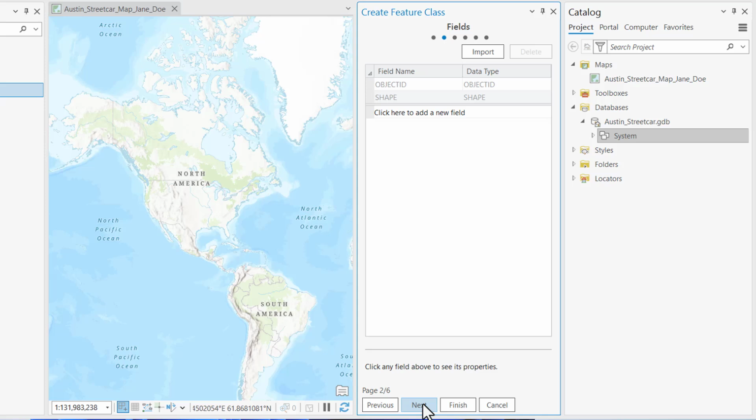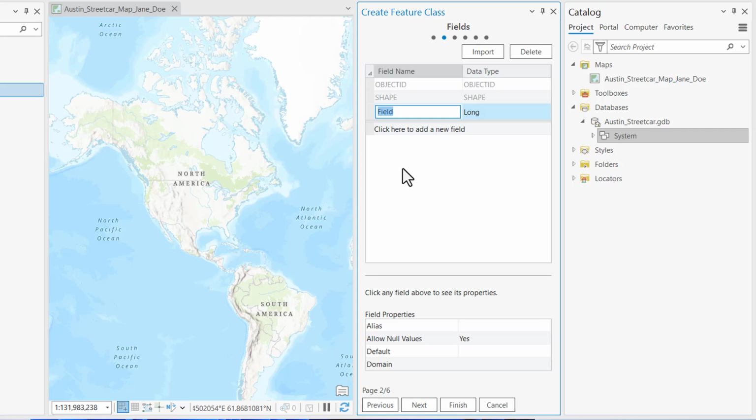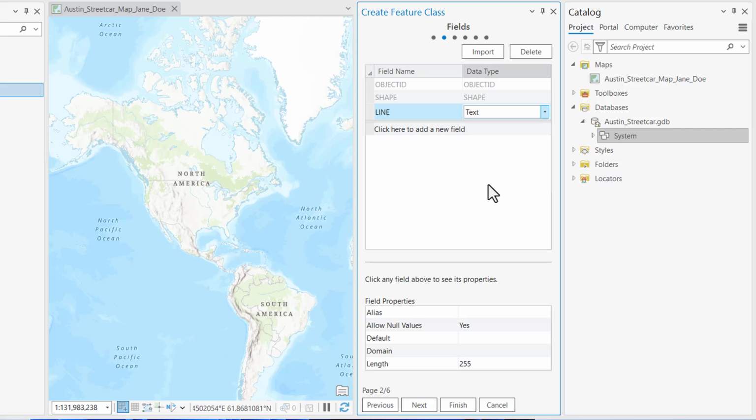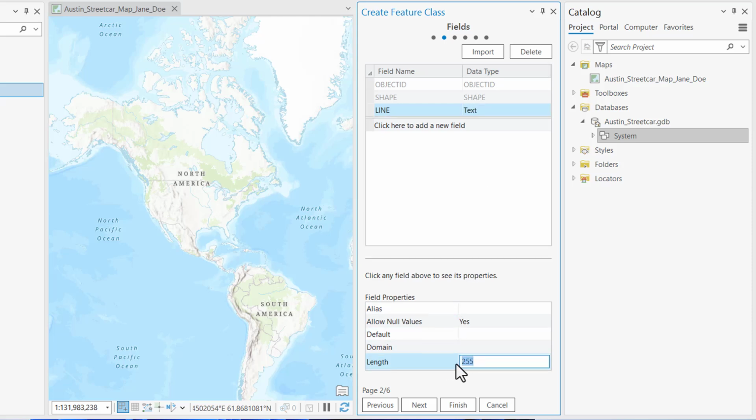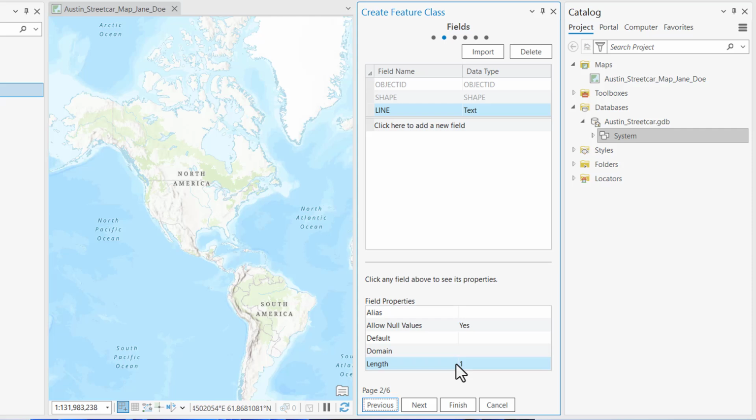I'm going to add a couple of new fields to the routes feature class. So where it says click here to add a new field, I'm going to click on that. And we're going to start with a LINE text field, so all uppercase LINE, and then I'm going to select text. And notice with the LINE text field highlighted, I can update the field properties below, and I'm going to reset the length from 255 to 1,